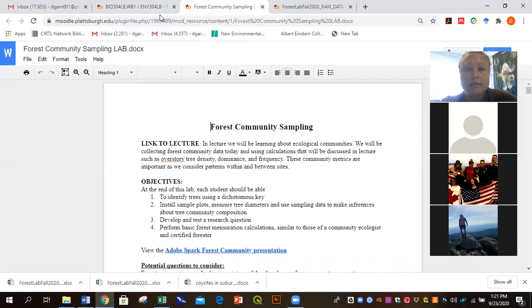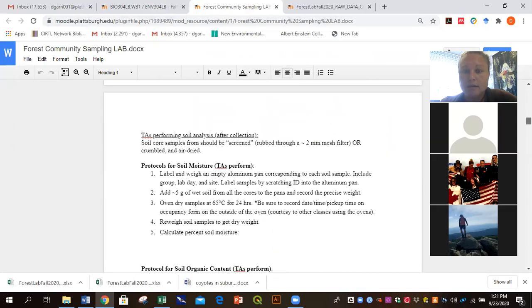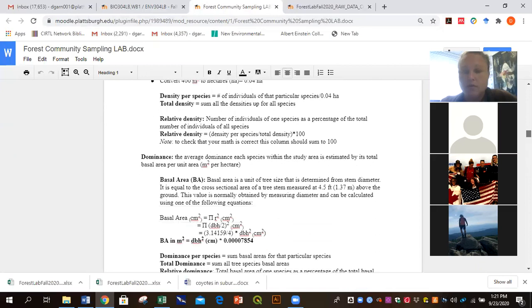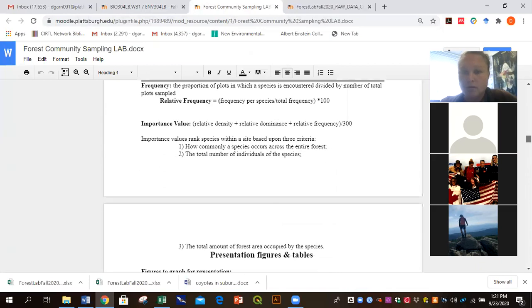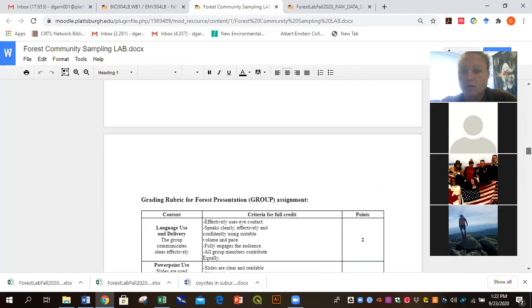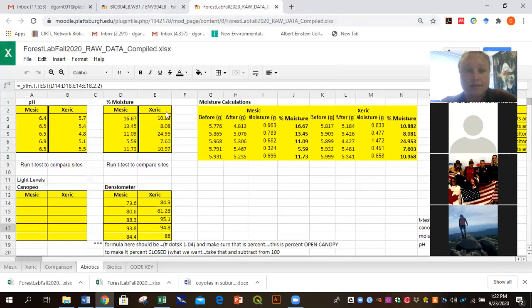All right. So just reminding you, our lab manual, that section that I handed out to you guys, has the calculations for the community analysis that we're going to be working on. So you can reference it. Also, it ends with the rubric. Okay, so if you were wondering where it is, that is where it is. Okay,